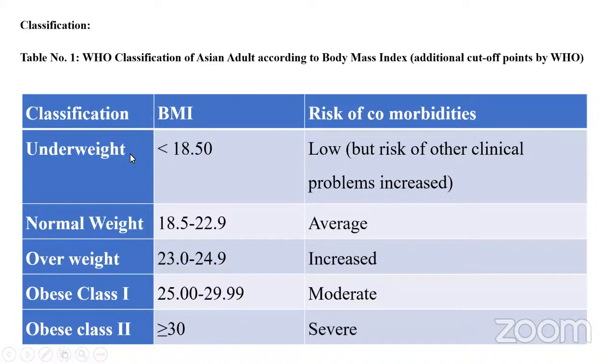If the BMI is below 18.5, that is underweight. This person requires nutritious food and a proper diet to increase the weight. The normal weight is between 18.5 and 22.9. If the BMI falls in between 18.5 and 22.9, that means he is in the normal weight, the height and body weight in proper proportion. And if it crosses